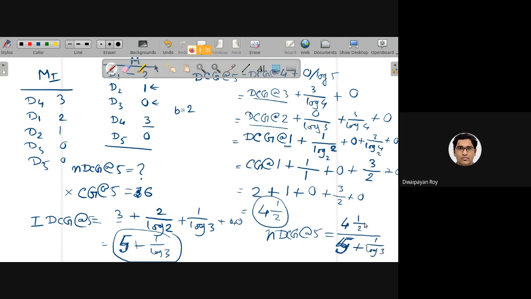So NDCG can have the highest value of 1 when the system is performing ideally, when the numerator and denominator give the same value. In all practical cases, it should be less than 1, that is, the system will be performing less efficiently as compared to the ideal system.